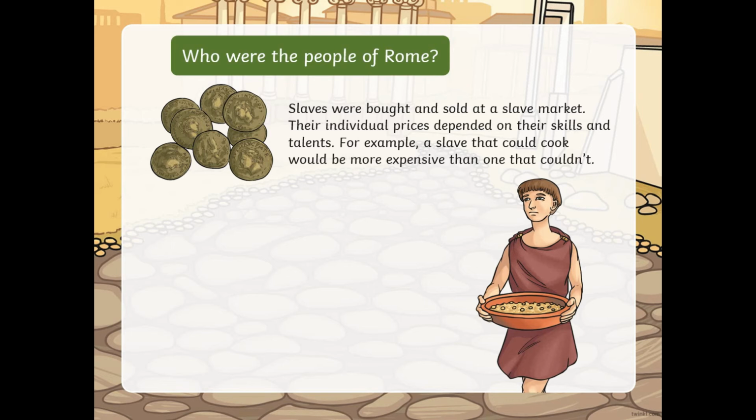So the slaves didn't have any human rights, any basic rights for themselves. They were not in control even of their own lives and decisions. So they could not be citizens and they had zero power over anything at all.